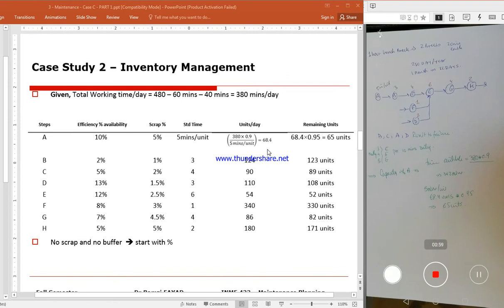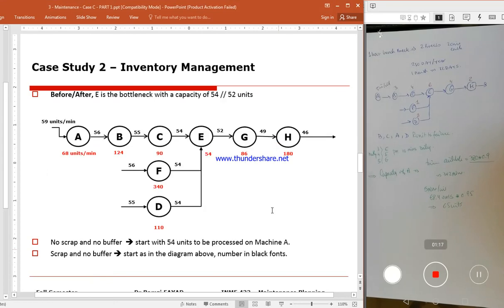So we calculate the total time available to be devoted to machine A, and we consider A as extremely independent, and after calculating this, we take into consideration the scrap. So what I did here, I put in red the capacity of every single machine. Again, the machine is